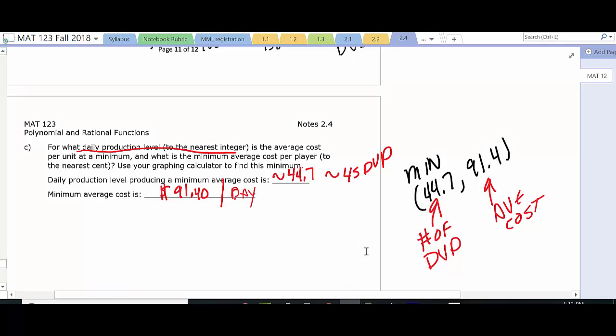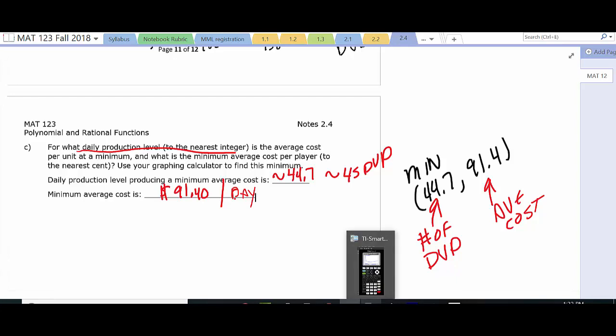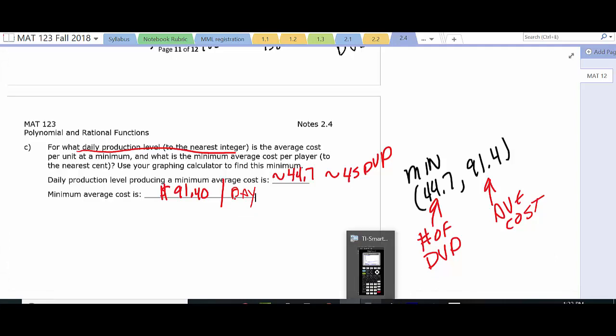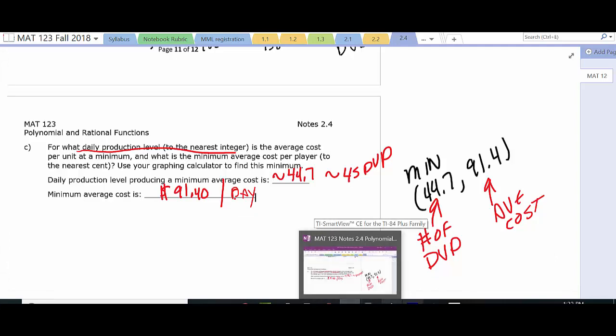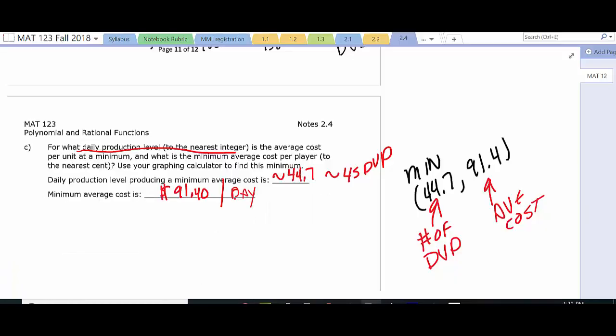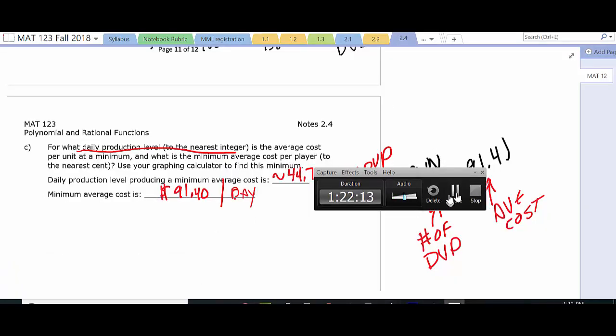I'm going to go ahead and close this off. The chapter 4 material is going to go quicker because we're going to use our technology a lot. In chapter 4, you're going to have to know how to use certain things on your TI, but the first part of this that I'm going to run through today, we probably won't need